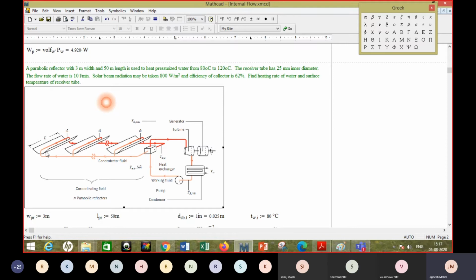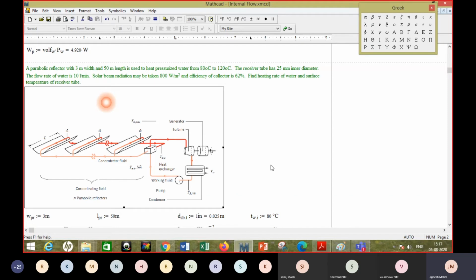The reason is that solar energy is a diffuse source of energy. It doesn't give you very high intensity, so you need a very large area. Now, you cannot make a parabolic trough of, let's say, 100-meter length at a stretch, right? A continuous one. So you have to break it into pieces. So though they are shown in parallel here, we are going to take them in series.